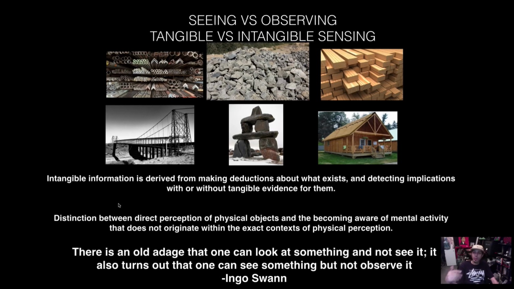So what do I mean by intangible? Intangible are things you can't touch, things that aren't physical. Let's say, for example, the idea of love or economics or the ability for something to be stacked on top of each other, like stones, or for wood to connect at joints and angles. These are things that are deduced in the mind. They're not evident from the physical objects themselves.